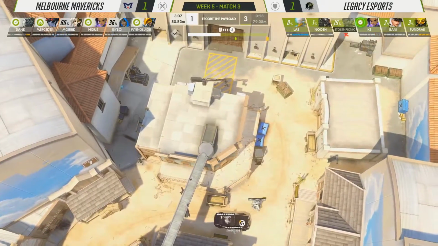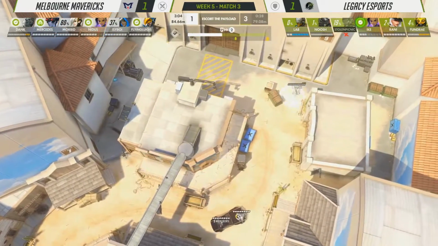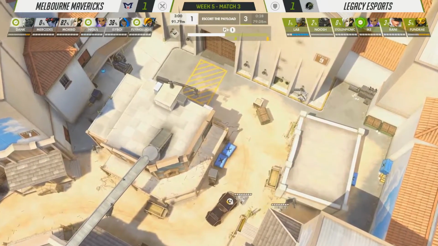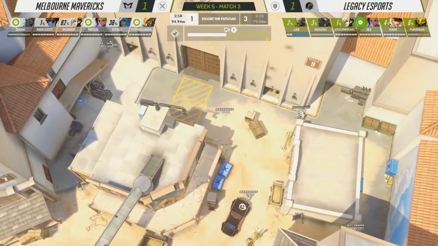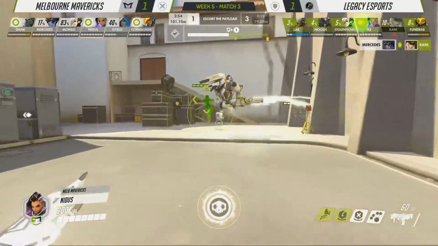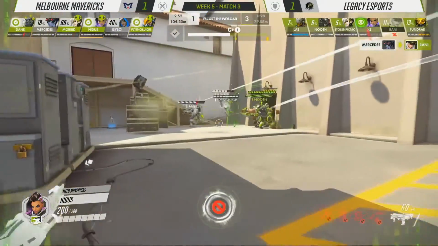Legacy need to sort themselves out. They need to get that full reset so that they can actually properly contest. And they've swapped on over now. They've got the hitscan player Rani on the Ashe. They've got Fundre on the Orisa, Nush on the Roadhog, so they have swapped it up to deal with this Pharah. We've seen a lot of play out of this, but Ike with the EMP won't get enough here, it